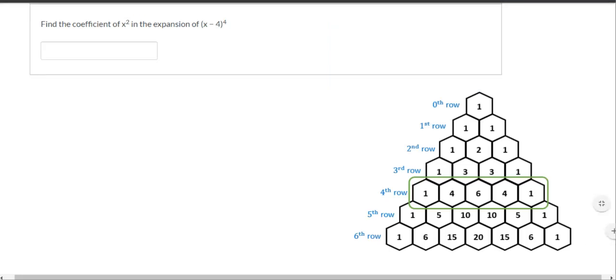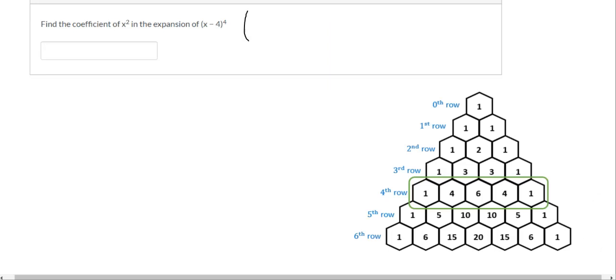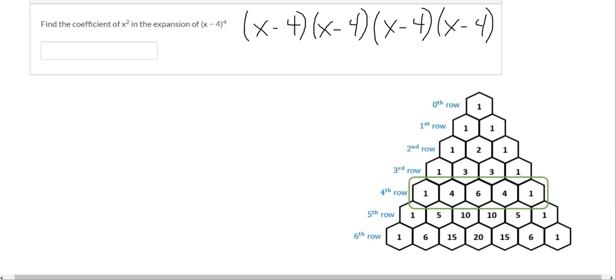Okay, so this is help with binomial expansion, where we're asking ourselves to find the coefficient of x squared. So for (x - 4) to the fourth power, we could think of this as (x - 4) times (x - 4) times (x - 4) times (x - 4). That can go on for a little while as you FOIL and distribute and make sure that you're being extra